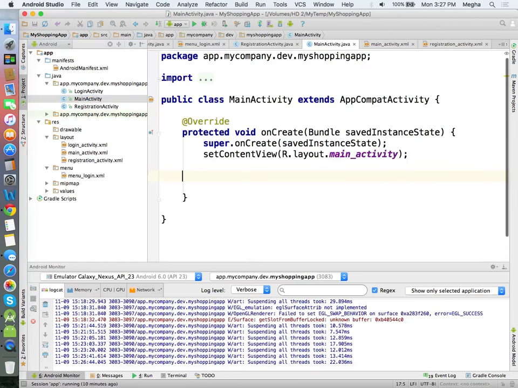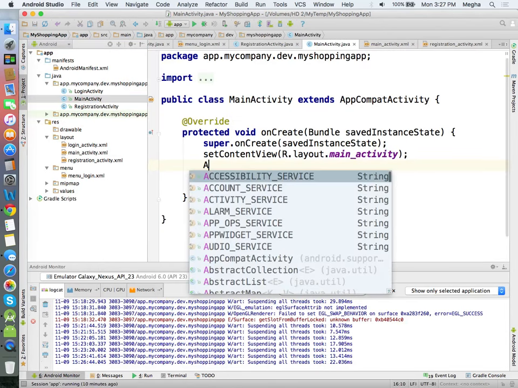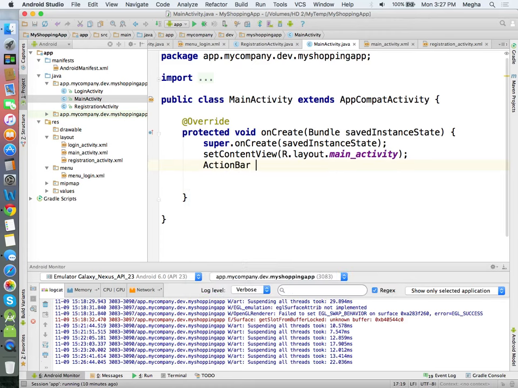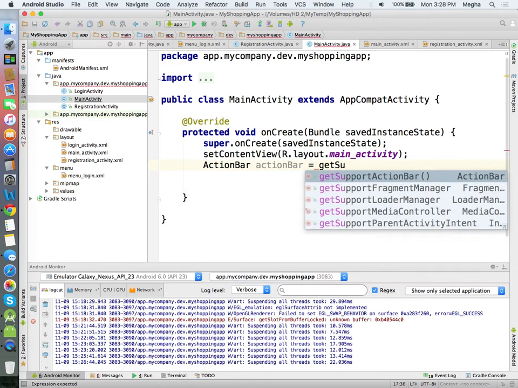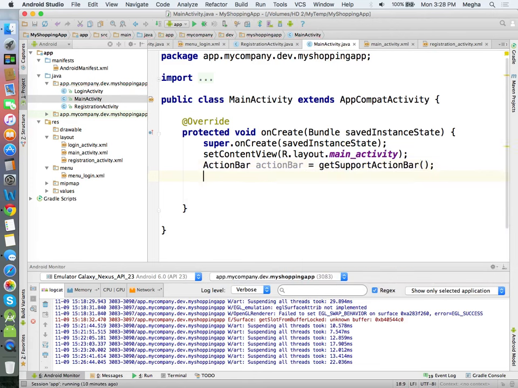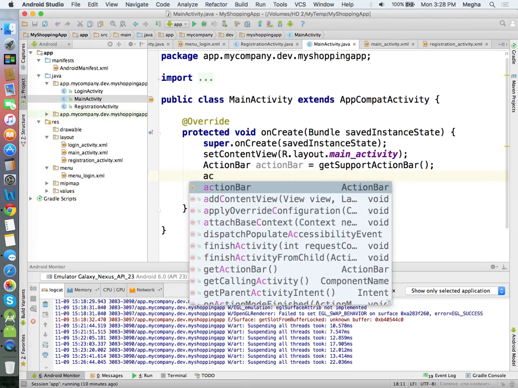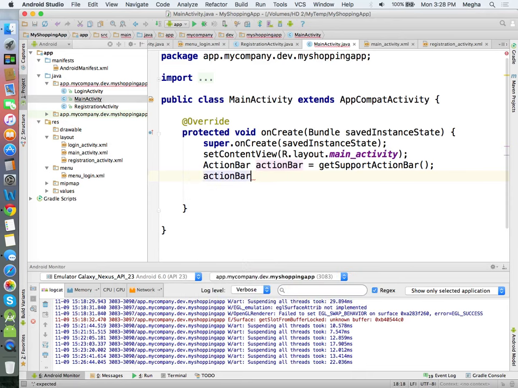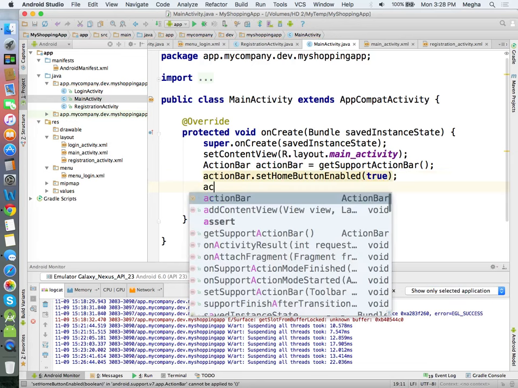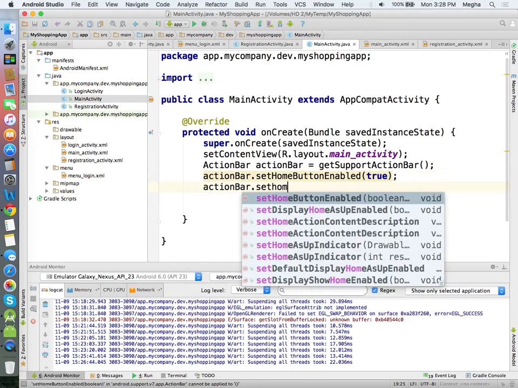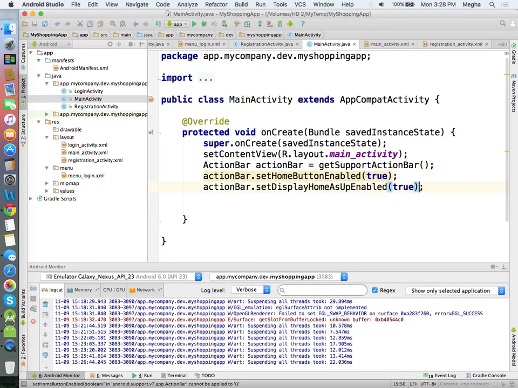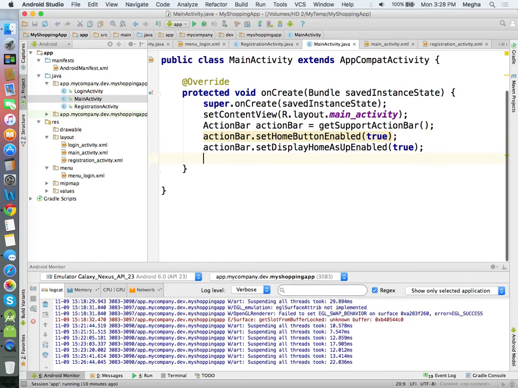In the main activity, let me implement the back button in the action bar. I'm just going to give a close button so that the application will get closed.